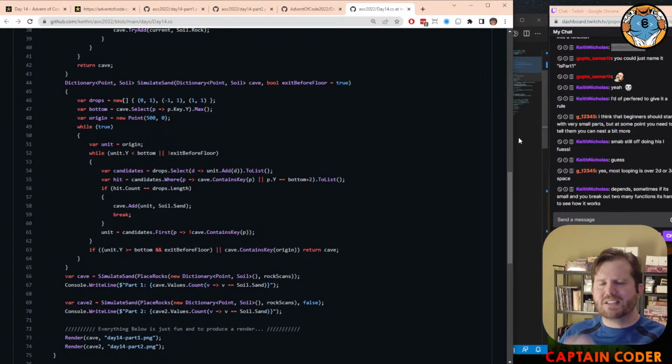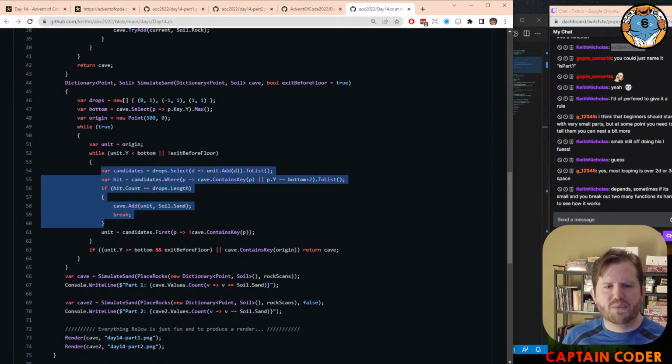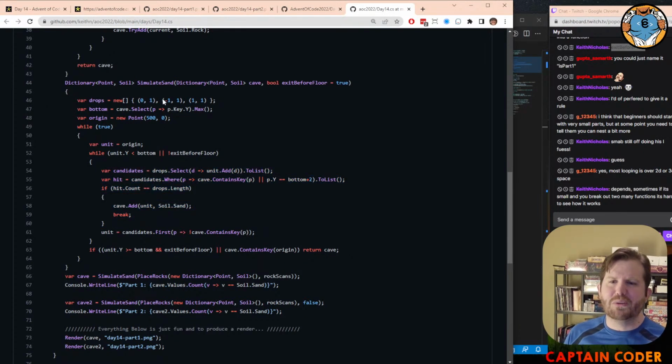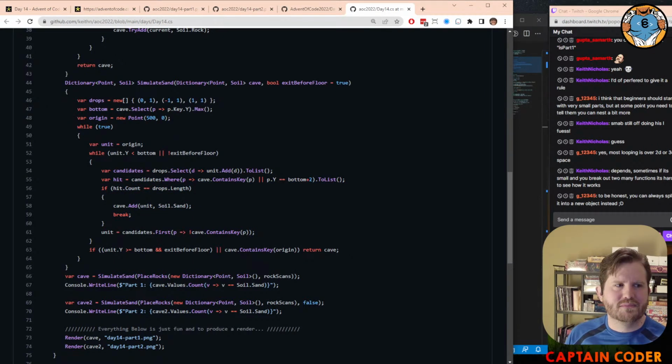Over-abstraction is bad too, because then it's, well, now I've got to keep looking at what that thing does to figure it out. But if you're in a nice IDE, hovering over the function sort of tells you how it works. So you're right, there's a fine line of breaking it up and not. Comments would also make it easier to follow. But since I know what the puzzle is doing,